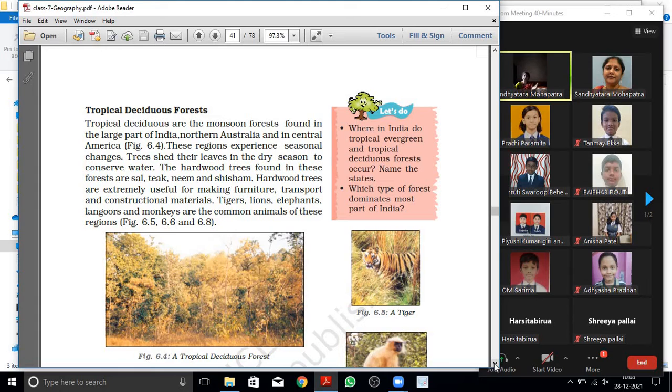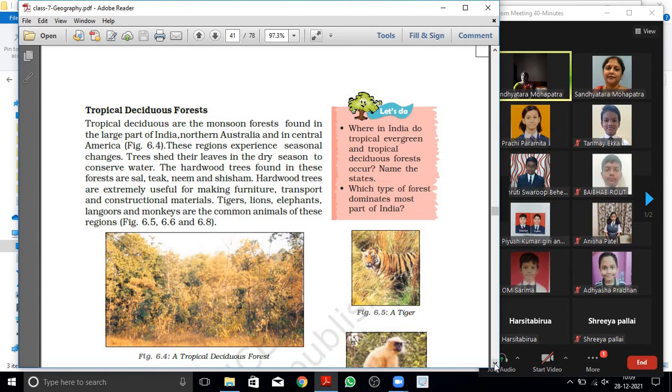In the tropical deciduous forest, also called monsoon forest, they are found especially in northern Australia and Central America. It experiences seasonal changes, and trees shed their leaves in the dry season. Why do they shed their leaves?